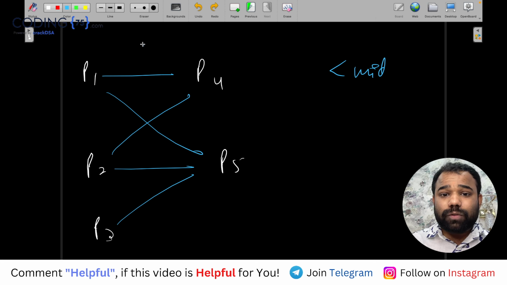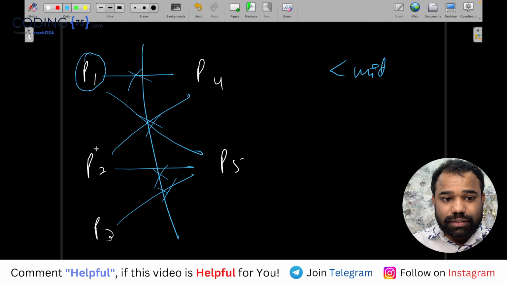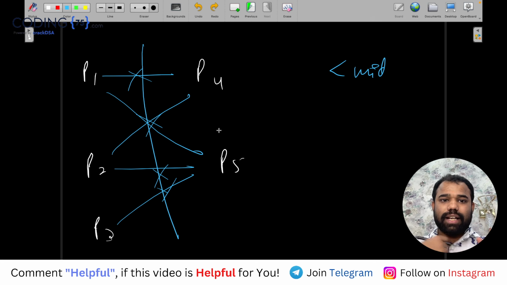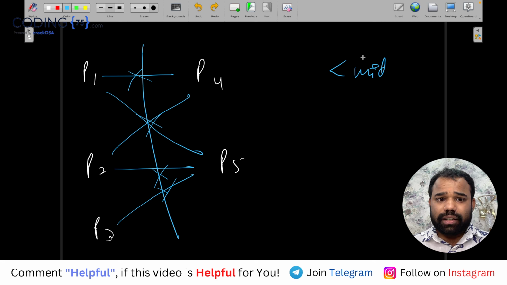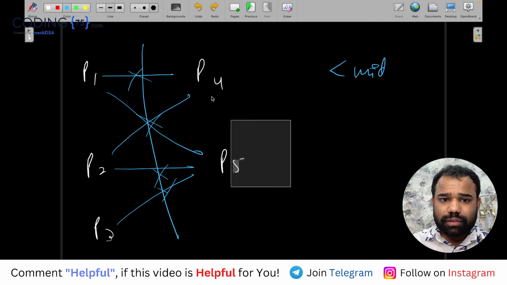And if I remove these edges, means if I keep these in a different graph, then the remaining, if I divide this, so basically what I'm trying to say is, let's say this is a single graph, and this graph contains only those edges which have distance less than mid. And if this single graph is bipartite, and if I divide these two nodes separate